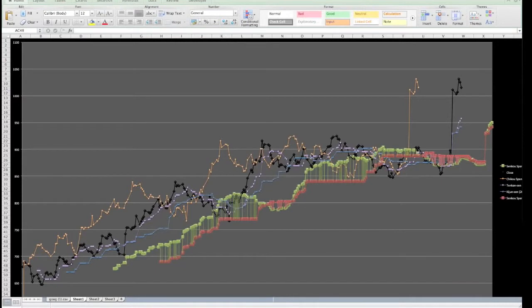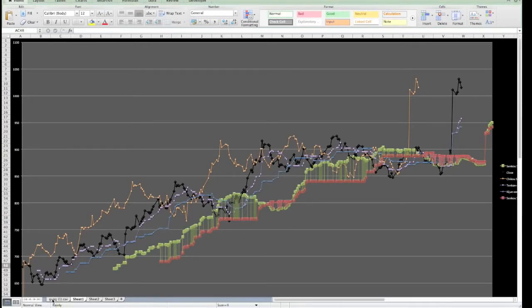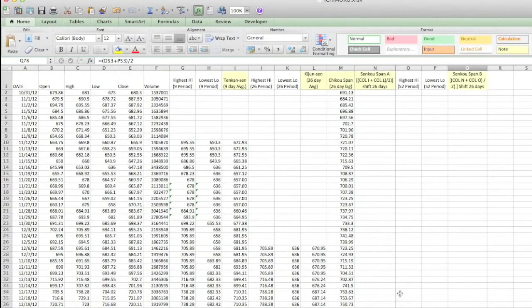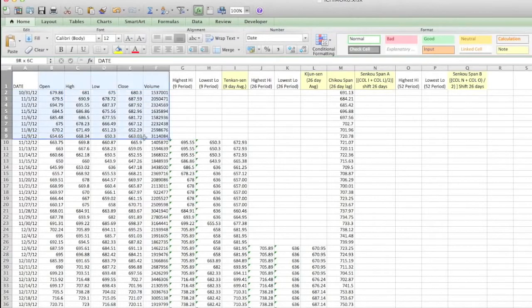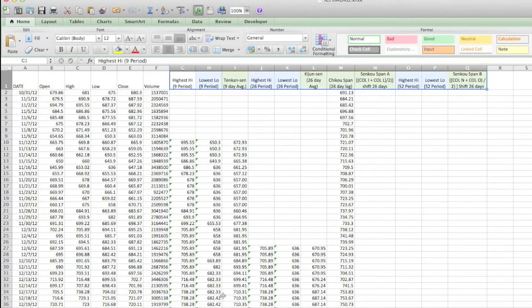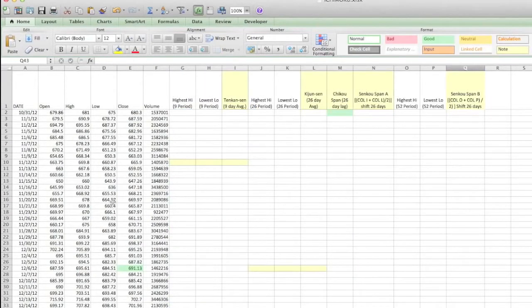The purple and blue are basically the Tengen-sen, I think. Well, they're the 9 and 26-day medians basically, and this is for Excel. So once you've downloaded your data into Excel, you're going to need a couple of columns. So I'm just going to go ahead and replicate the same